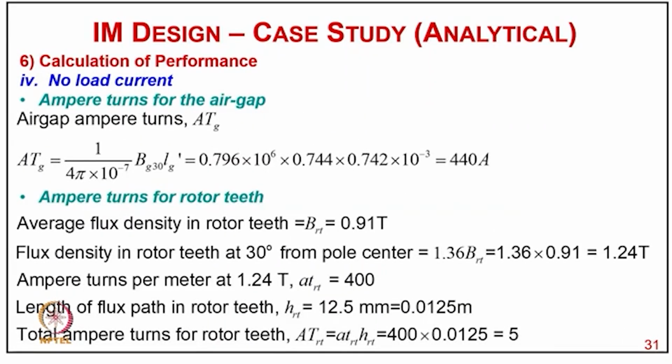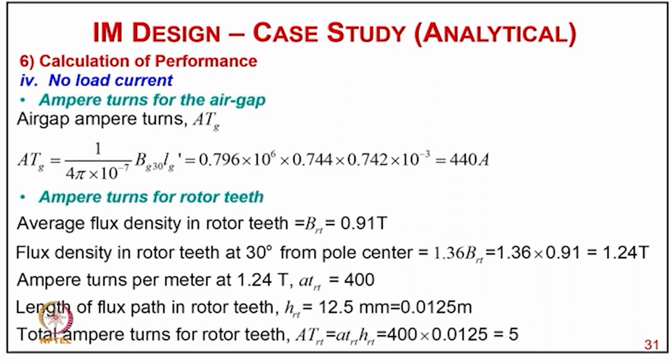Now ampere turns for the air gap will be equal to ATG equal to 1 divided by 4 pi 10 to the power minus 7, Bg dash into Lg dash, so putting values, it comes 440 ampere. And ampere turns for rotor teeth, we can calculate here. So the average flux density in the rotor teeth is BRT equal to 0.91 Tesla, and the flux density at 30 degrees from pole center is 1.36 into BRT, it comes 1.24 Tesla, and ampere turns per meter for the core